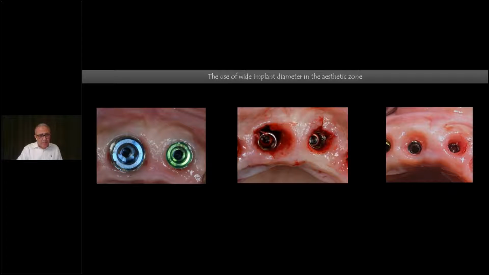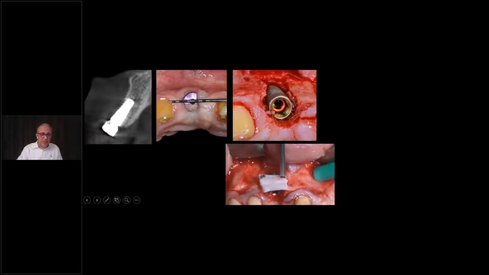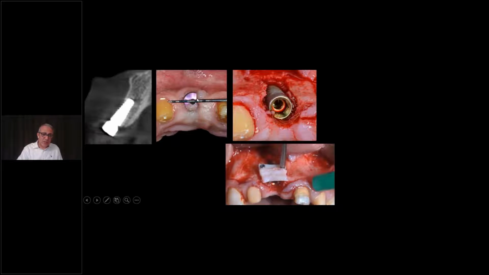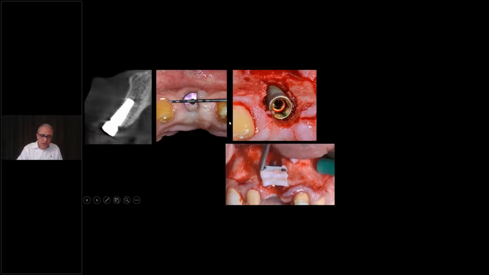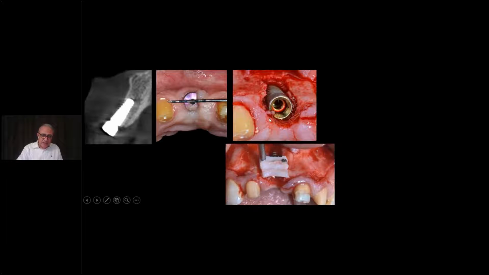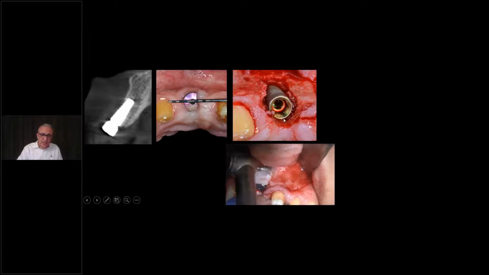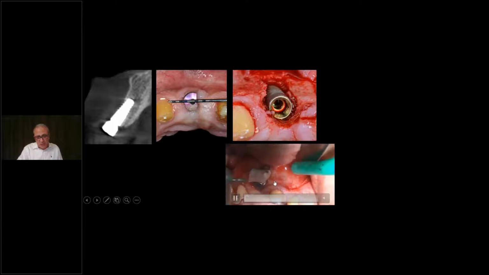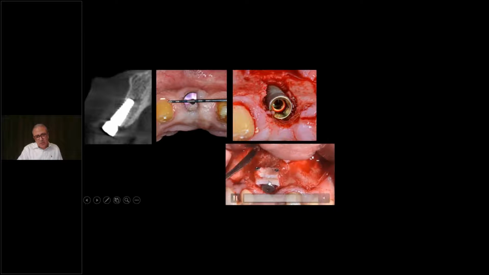Here is another issue. Using a wide diameter implant led to the extreme loss of the labial plate. And you see, this is also a violation in the position. The only way to treat this is to regain the natural emergence with a lower profile diameter implant and graft with whatever graft you like to use. I use here what is called a composite graft, that is hard and soft tissue together.